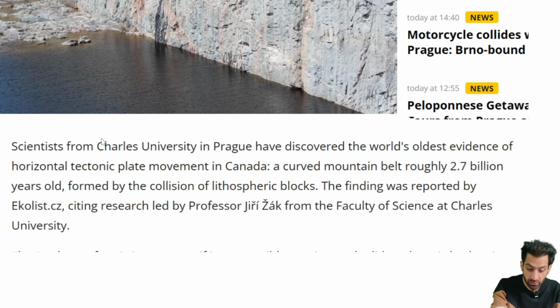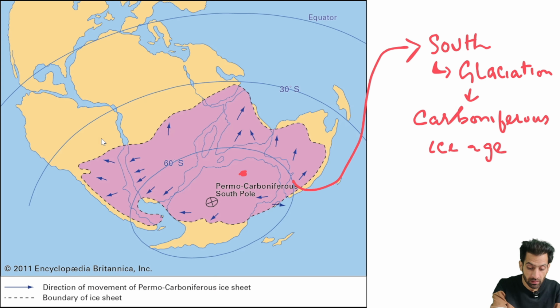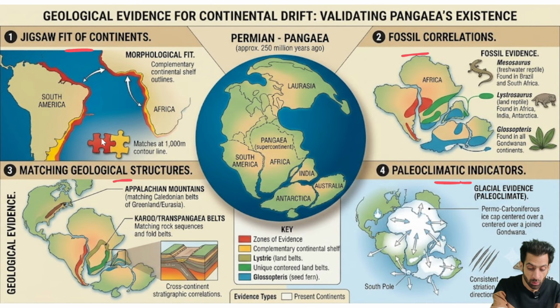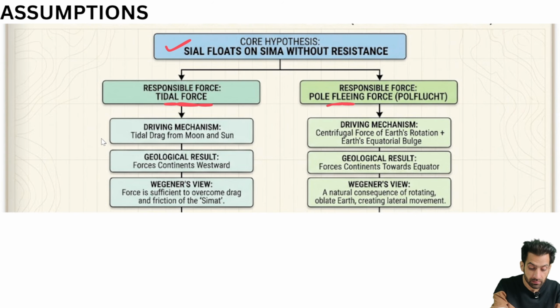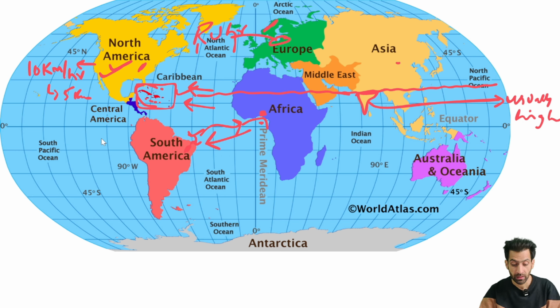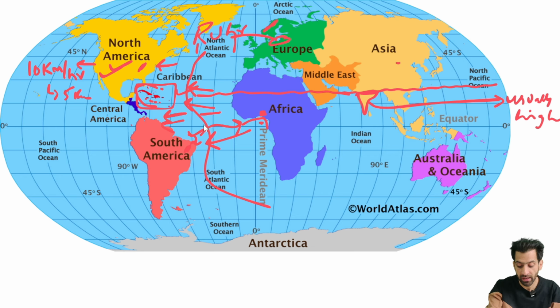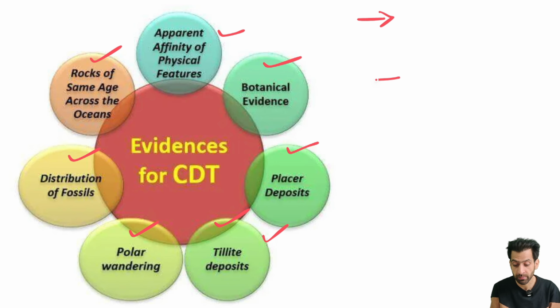One important thing that you need to know here is that one more evidence of the continental drift is provided by the Atlantic Ocean. When you take a look at the Atlantic Ocean, you know about the mid-Atlantic ridge that is present here. Why is it formed? Because of the divergence. That means because these plates are moving westwards. Now imagine the plates moving westwards. One plate is moving in this direction. So in between we will have a formation of a rift or a mid-Atlantic ridge because of continuous coming out